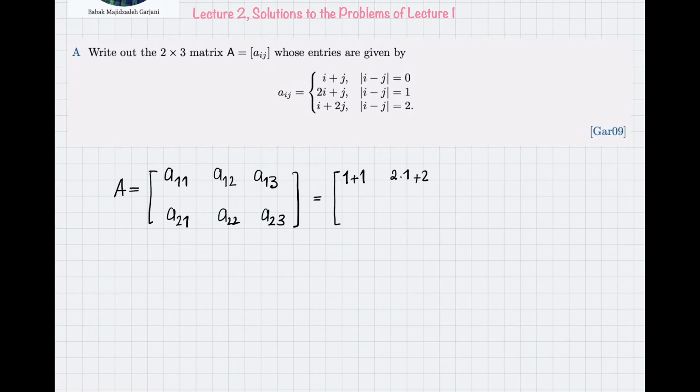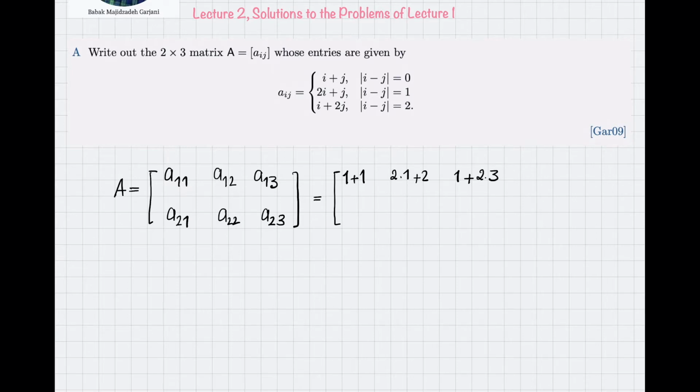When I go to the next entry, the i index is 1, the j index is 3. The difference between them is negative 2, but the absolute value of that is positive 2. So for this entry I have to use this rule: I need to write the i index plus 2 times the j index. So the i index in this entry is 1, the j index is 3, so I need to multiply it